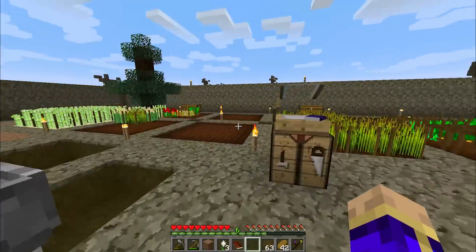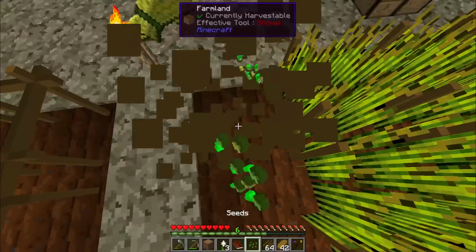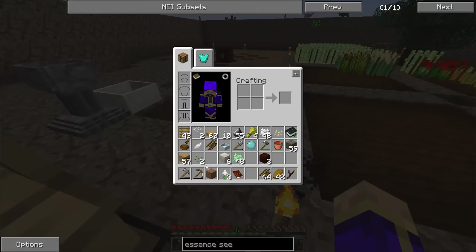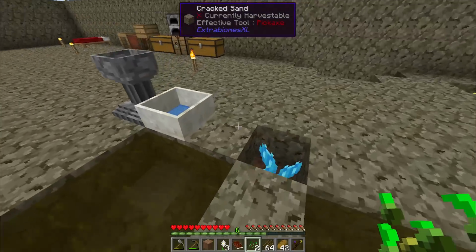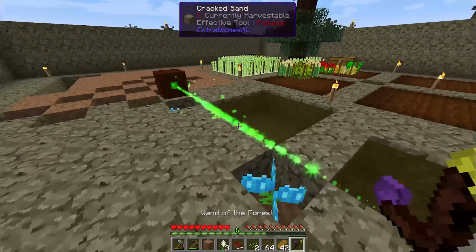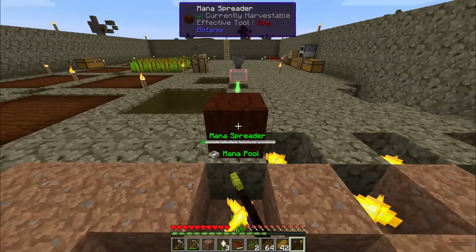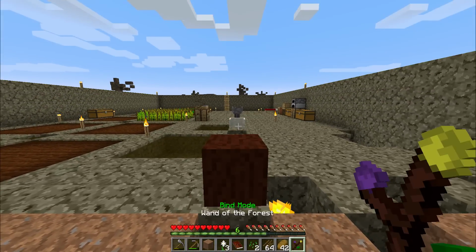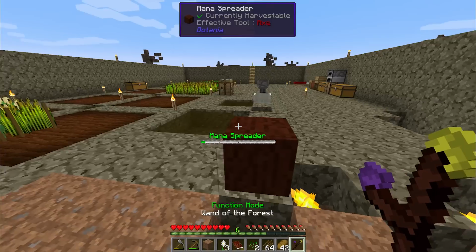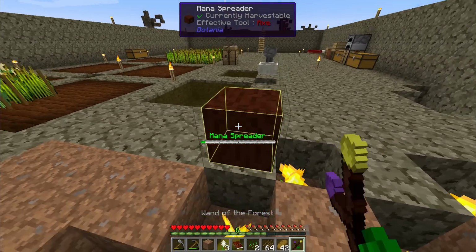But wait a second. If we're using AgriCraft, does that mean our magical crops are going to have to go through AgriCraft as well? You bet. Let's get these analyzed, and they're both growth 1. Okay. We're going to toss this guy into... Oh, we're going to wait for that to gain more mana before we can do so. Mana does not generate quickly. It's going to take some time. By the way, you're using the mana... yes. You shift... Whoops. Function, bind mode, function mode. There we are. If you shift right-click the mana spreader, you can change...